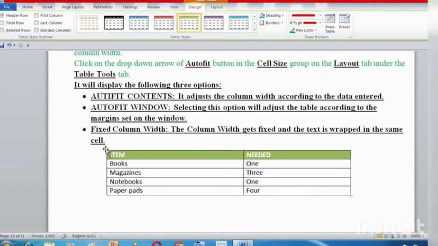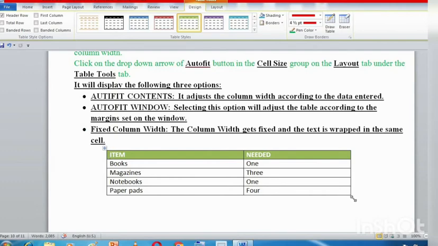But if you come to the diagonally opposite of this, on the bottom right hand side, then you can see this small box over here, small square box over here, this one. Okay, if you take your mouse cursor towards this small square box, then an arrow comes to you.